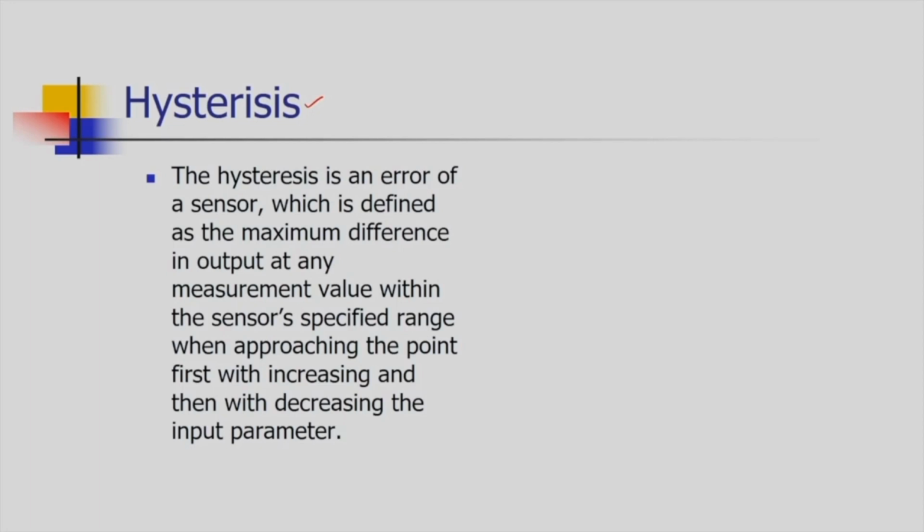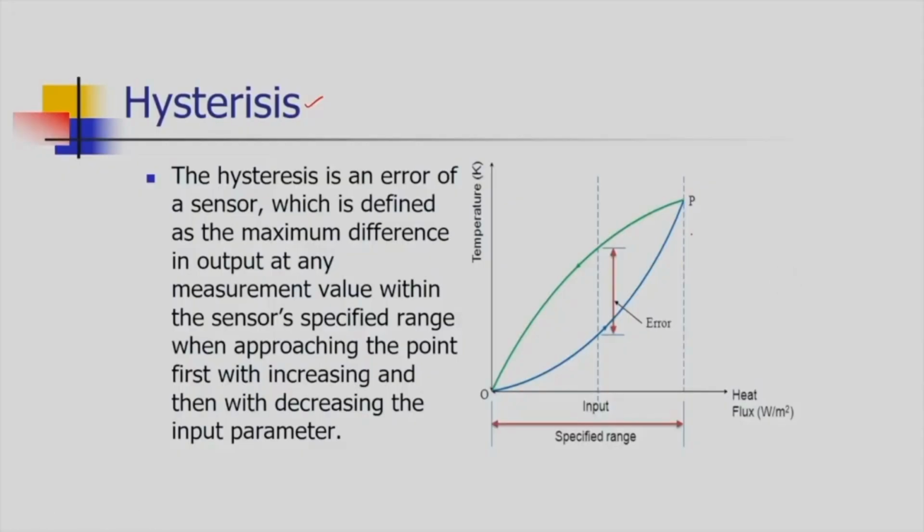We are using a certain sensor for an increasing trend of the field variable, to measure the response when the field variable is having an increasing trend. So, let us consider the temperature itself. A sensor is used to measure the increase in temperature, say from 10 degrees Celsius to 80 degrees Celsius. So, when we are measuring for the increasing trend, we are getting a graph. So, let us consider this is a graph,